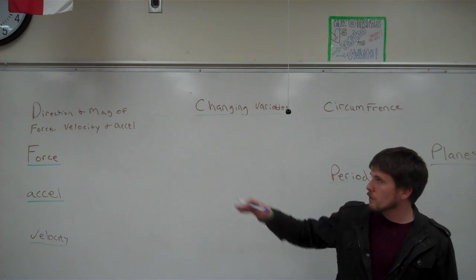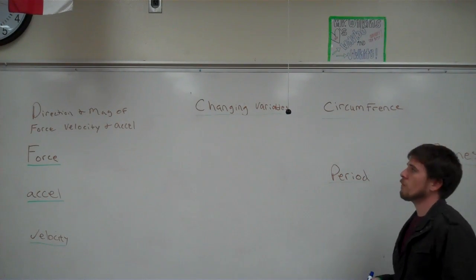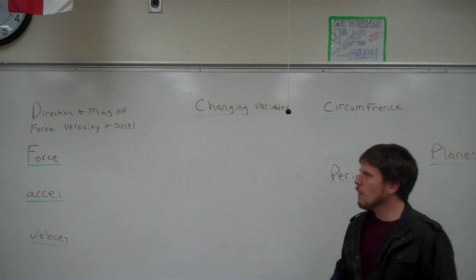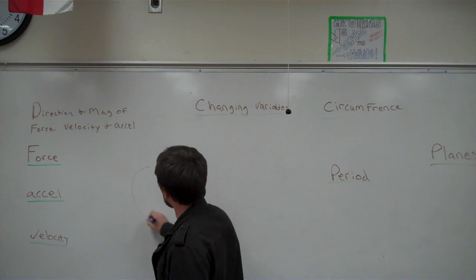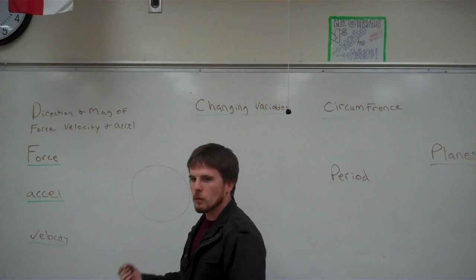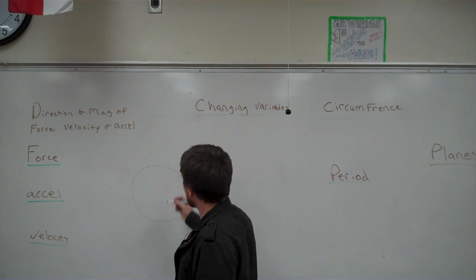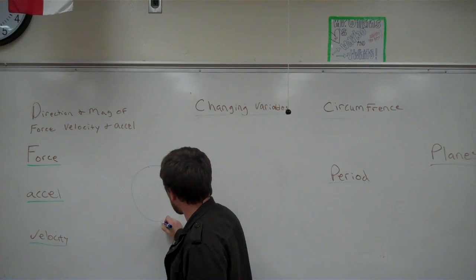First we're going to start off with the direction and magnitude of force, velocity, and acceleration while they're in circular motion. So I'm going to draw a circle right here, and this is going to be our circular motion. It took 4 attempts at a circle, I'm well aware, but nonetheless, if we have our object here,